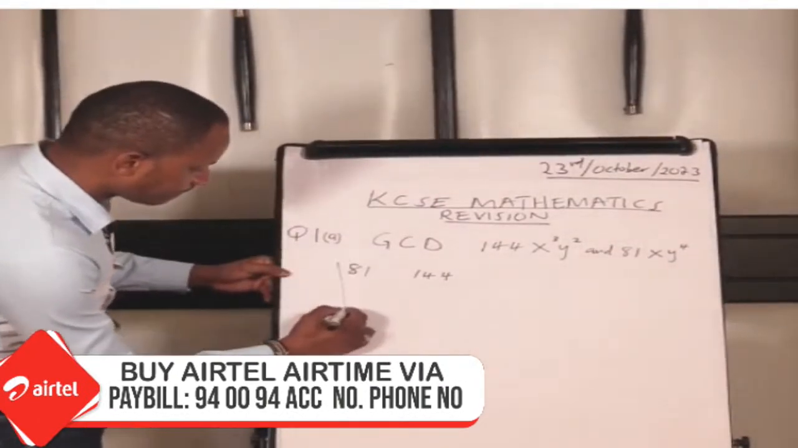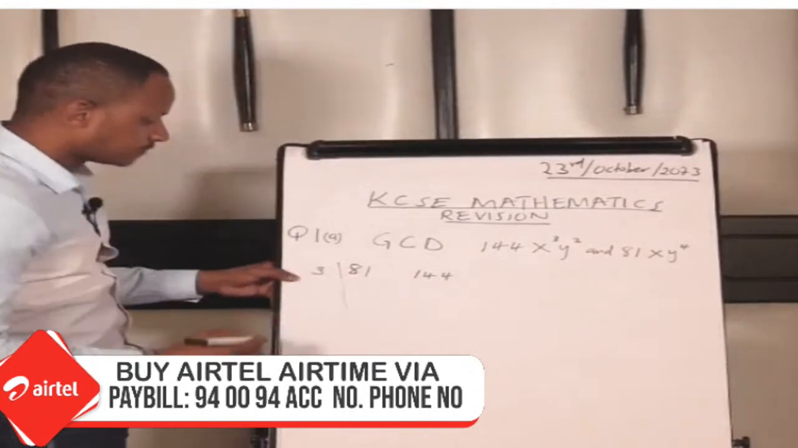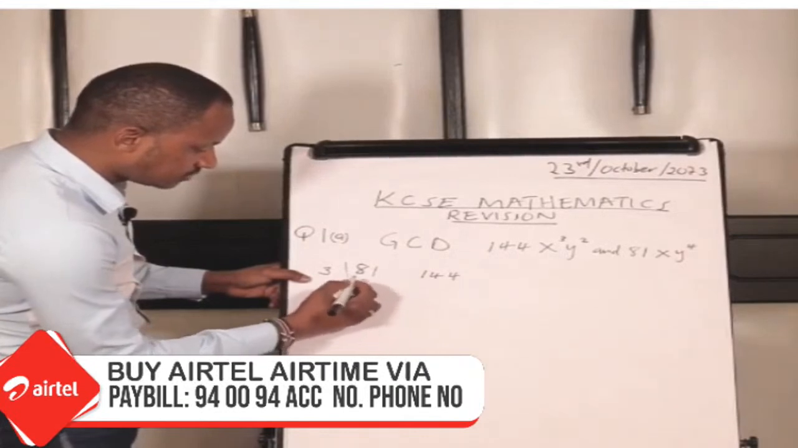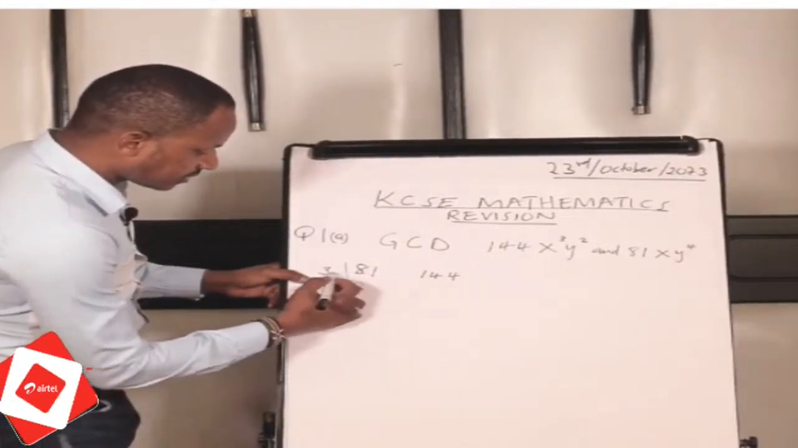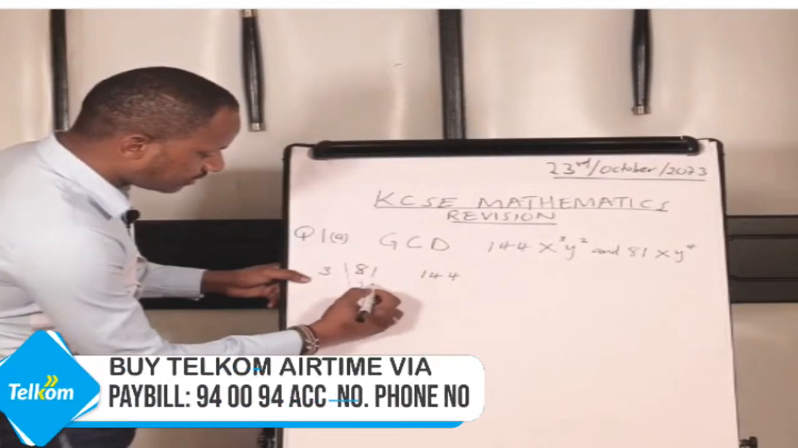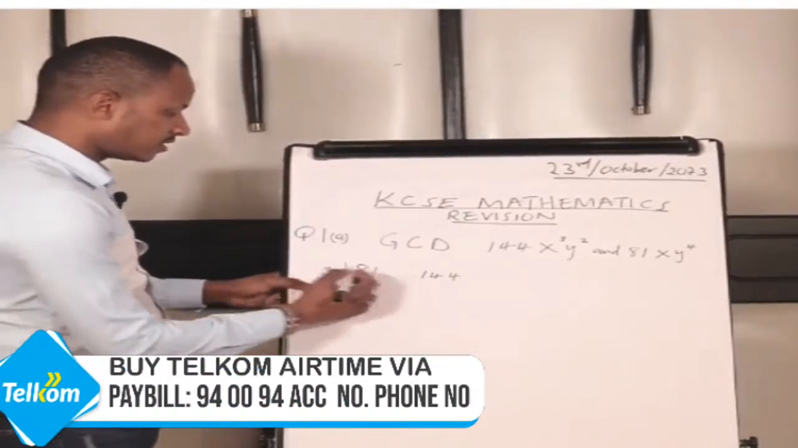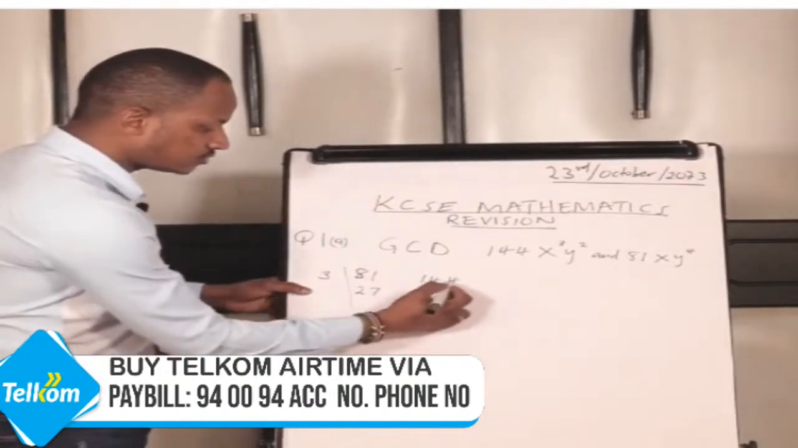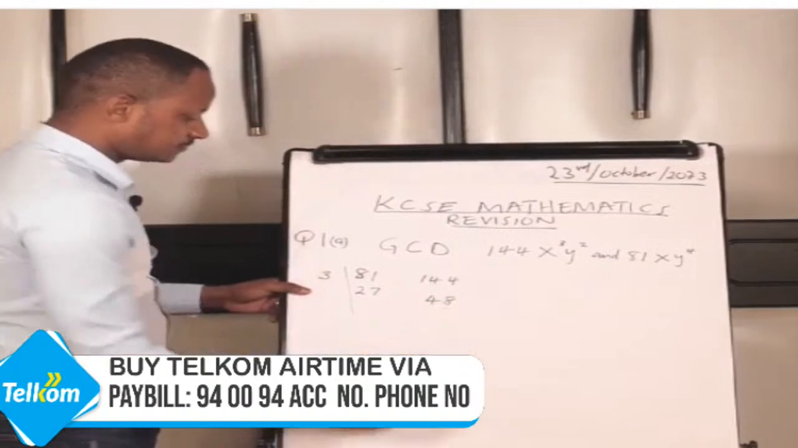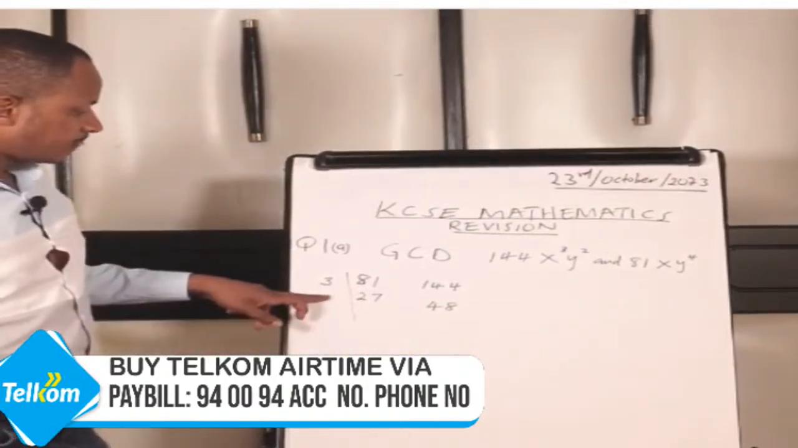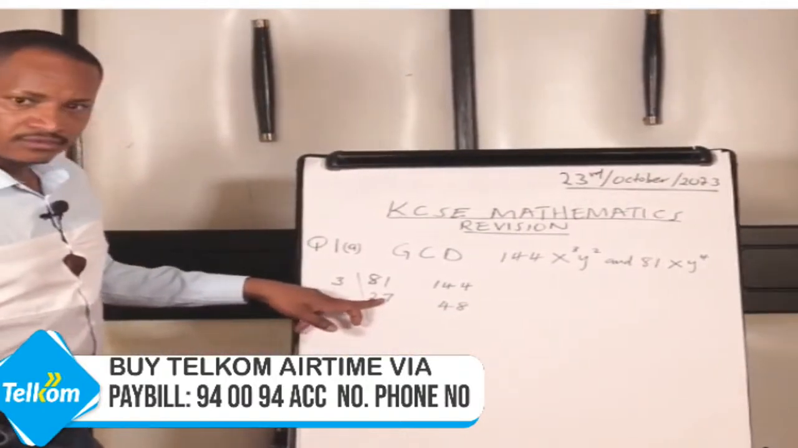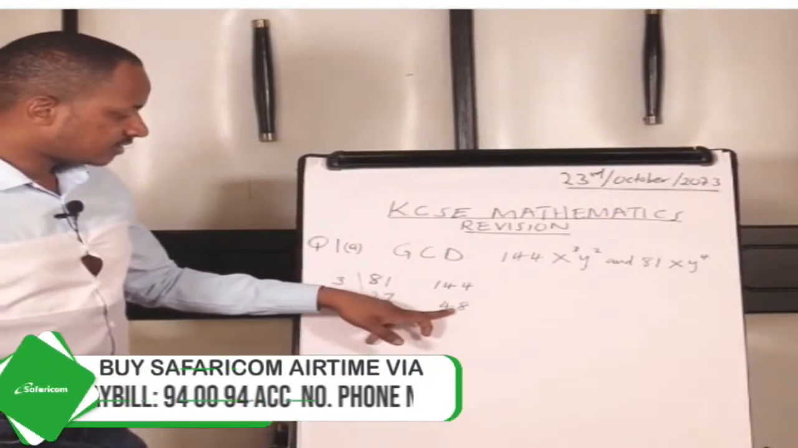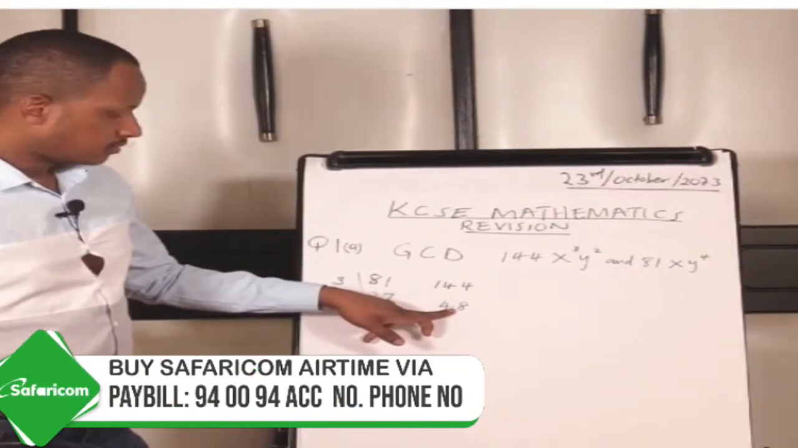So we have 3. 3 can go into 81. 3 can go into 8 2 times, which is 6, remainder 2, into 21 7 times. Then 3 can go into 14 4 times, which is 12, remainder 2, into 24 8 times. Then again we try 2. 2 goes into 27, yes, 13 times remainder 1, and goes into 48 24 times, but there is a remainder,